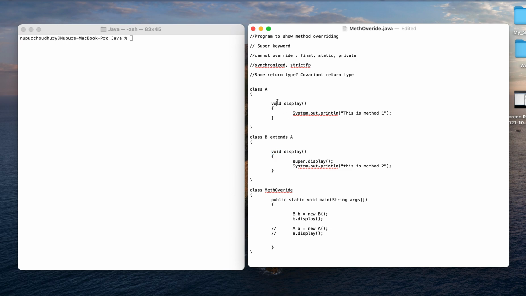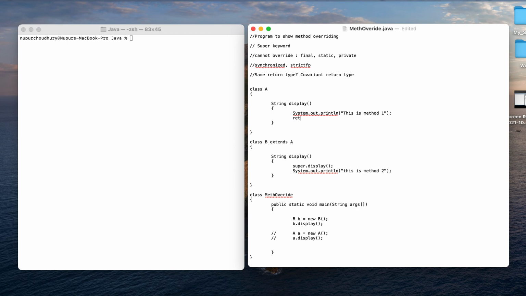Now suppose I am keeping the return type as String here, and here also I am keeping String. Whenever I do this, I have to introduce return null here as well, and here also I have to keep return null.